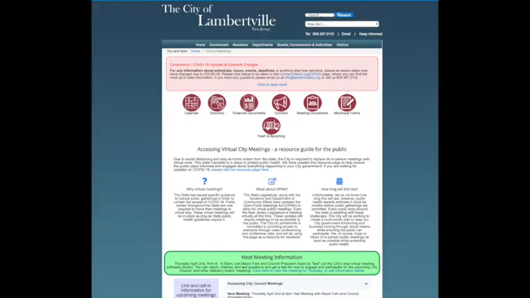This is the City of Lambertville's virtual meeting resource page, and you can find it at lambertvillenj.org/virtual meetings. That will always be the place that has the up-to-date information on when the next meeting is and how to access it. We're still finishing building the page out right now, but it does have some information on it that I want to share with you so that you can get up to speed before next week's